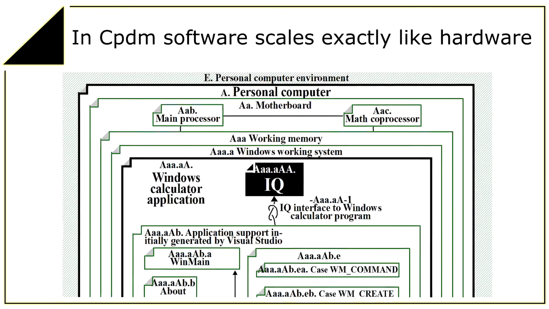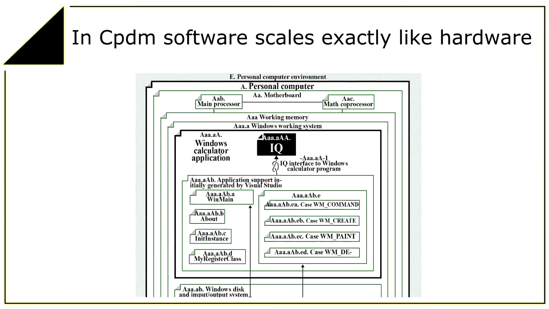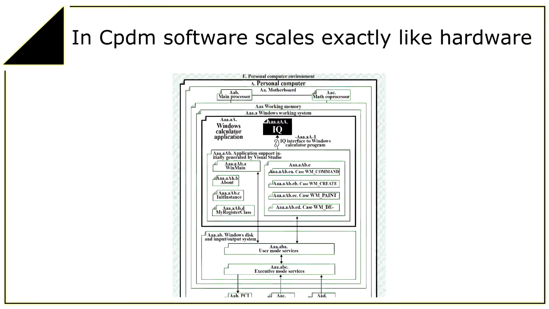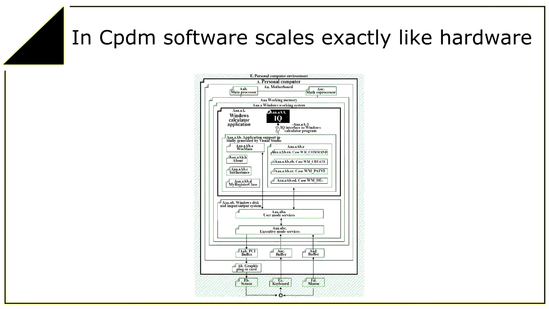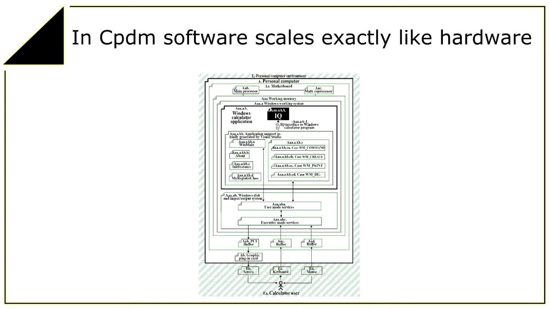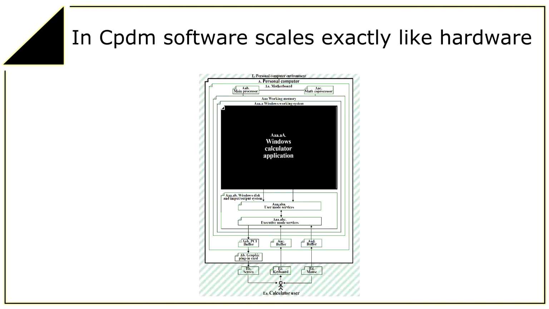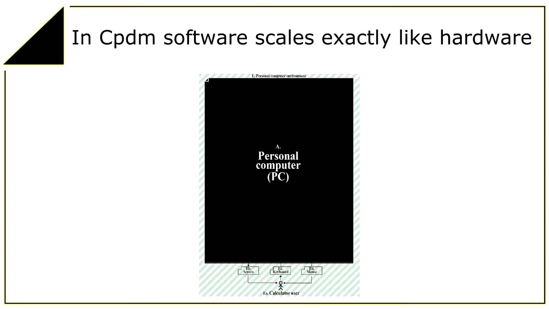The whole PC, with its calculator IQ part, Visual Studio support, Windows operating system, user interface electronics and mechanics, are illustrated in the same picture. Scaling and nesting can be done in several ways. In this example, the application IQ part became the innermost black box, and the whole calculator application became the next nesting level. And as shown before, the whole PC may be the outermost nesting level, residing in its environment together with its user.